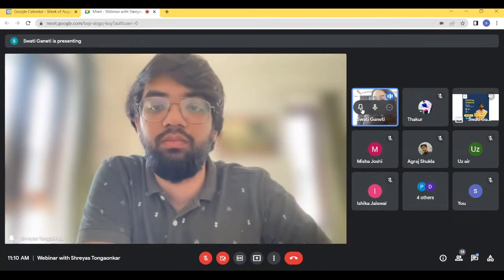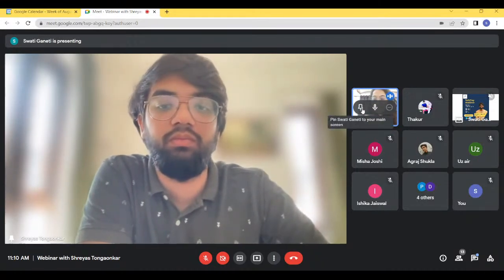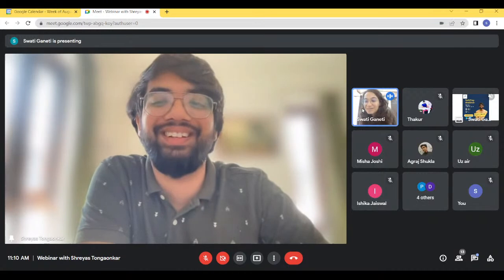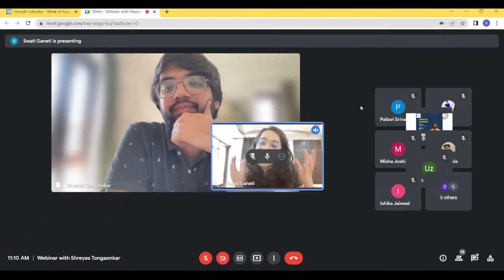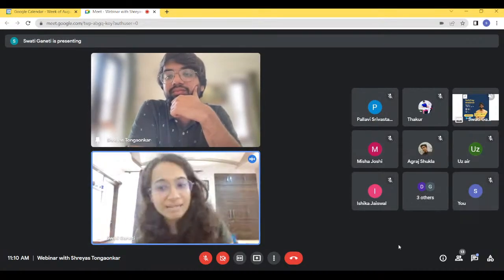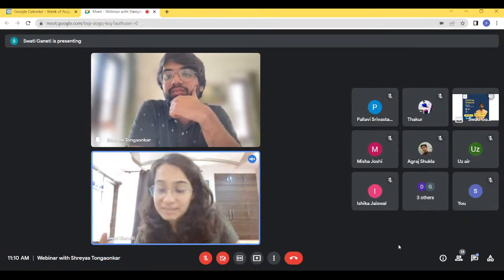So when we say coders are very much in demand because all these things need to be coded, equally all these things need to be designed first and then coded, and that's where your UI UX designers come in, and that's what Shreyas does.